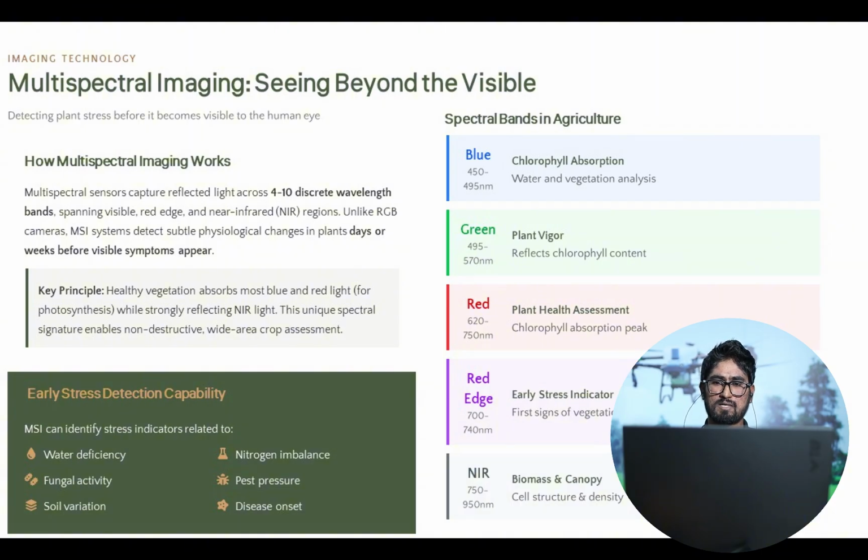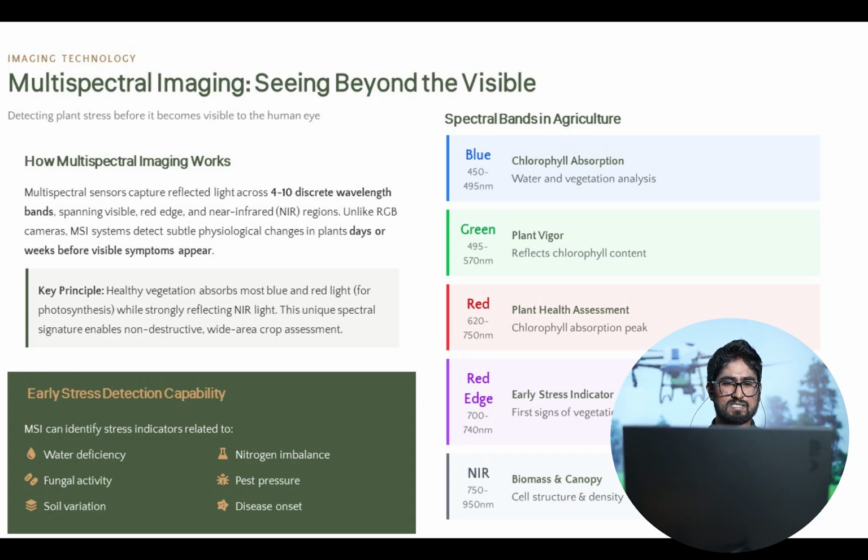The red edge band is an early stage indicator. We can use it to detect stressors like biotic and abiotic stresses in plants. And the near infrared band we can use for biomass and canopy.